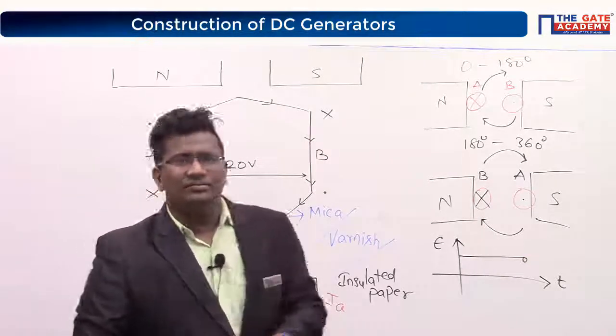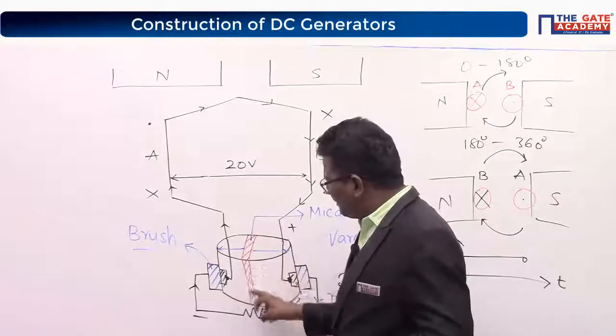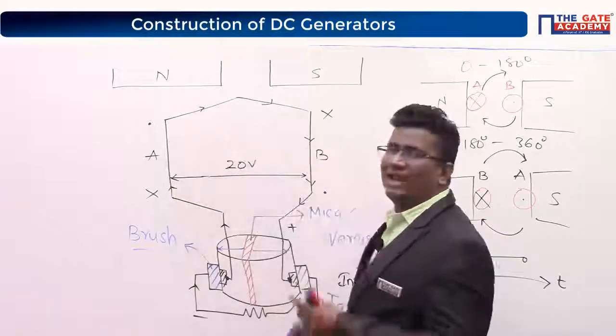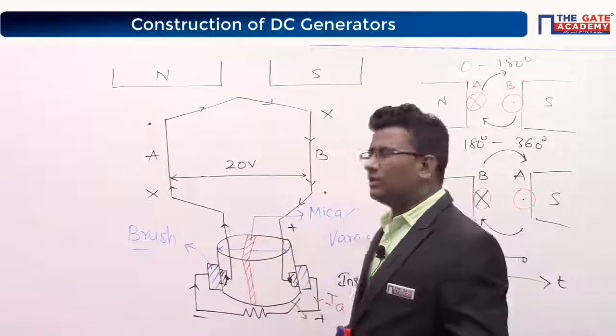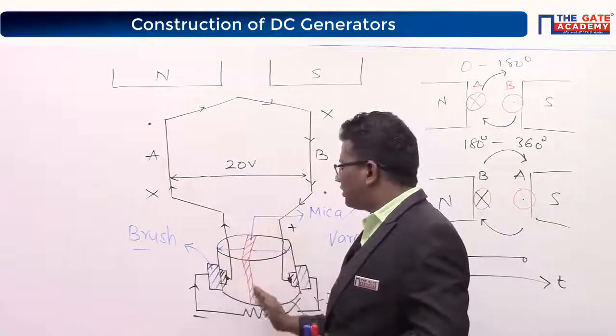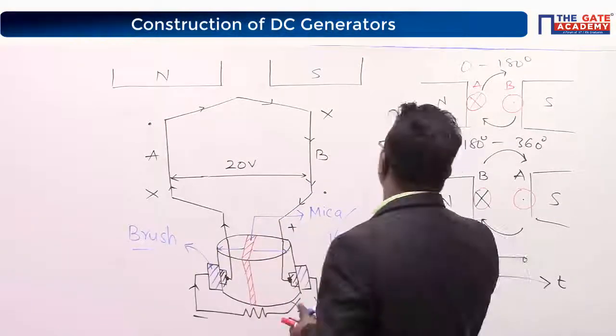As the number of coils are increased, the number of segments also increases. Tell me, can I say this is one segment? Yes or not? Suppose if I have one more coil, then how many segments do you need? I have one coil, so I have one segment. Suppose if I have two coils, then how many segments do I need?